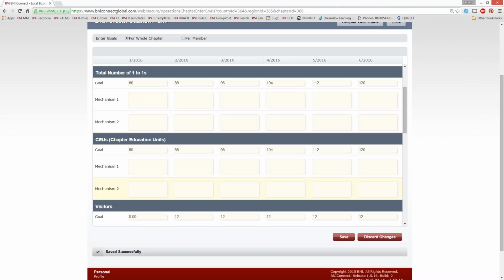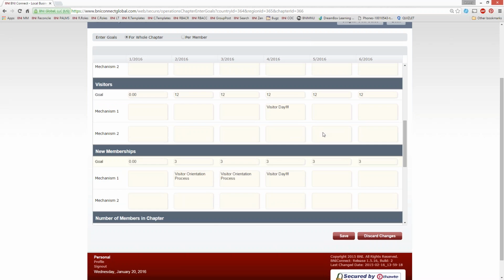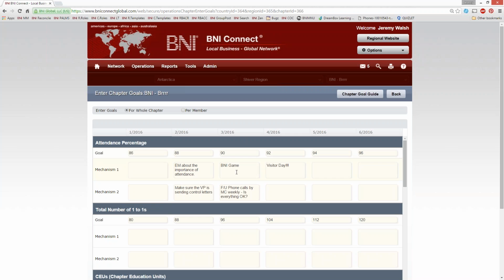If you do walk away from your computer, there is a half-hour timeout on the website. So you will be kicked out after 30 minutes, and if you haven't saved it, it will be gone forever. So please do save it. You can always go back and edit them as well, even past numbers. So if you were too aggressive or not aggressive enough in your various calculations, you can go back and update those.